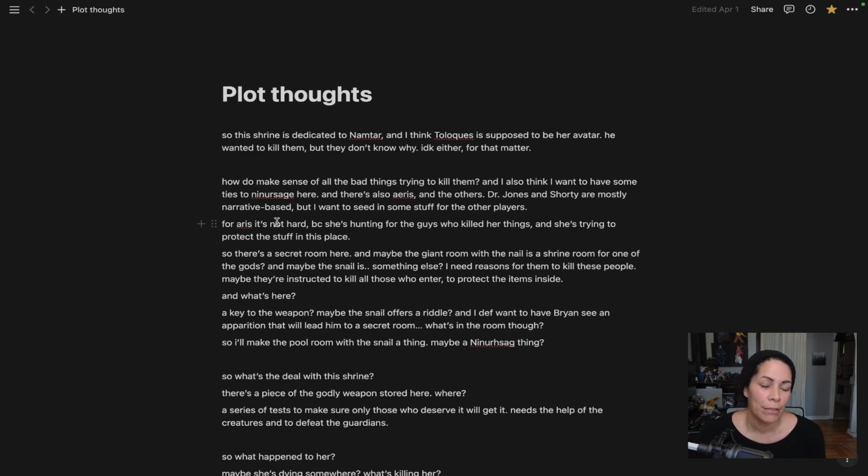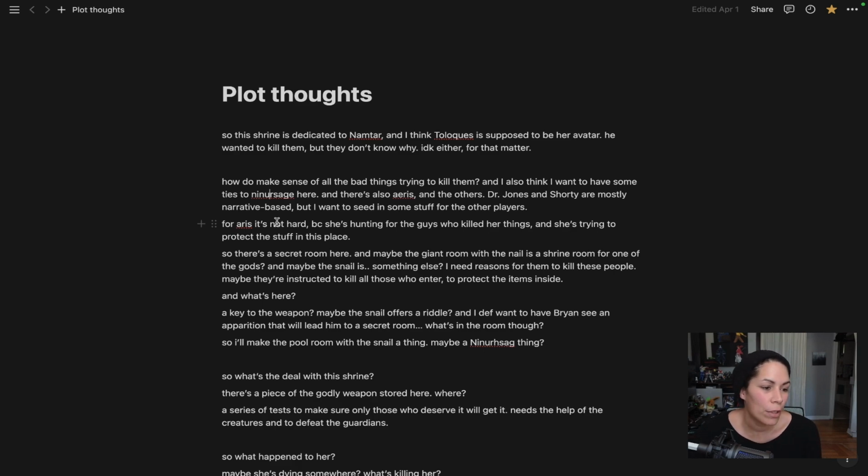But now I'm about to run the 4th game, and I'm at the point where I want to be able to start dropping little hints and clues about what's going on. I want to give little lore seeds sprinkled throughout the rest of the dungeon that will give them things that they can look for when they get out of the dungeon. And so I decided to spend some time thinking about